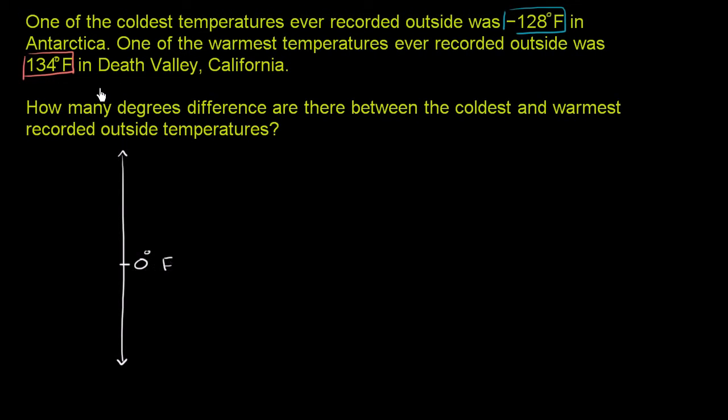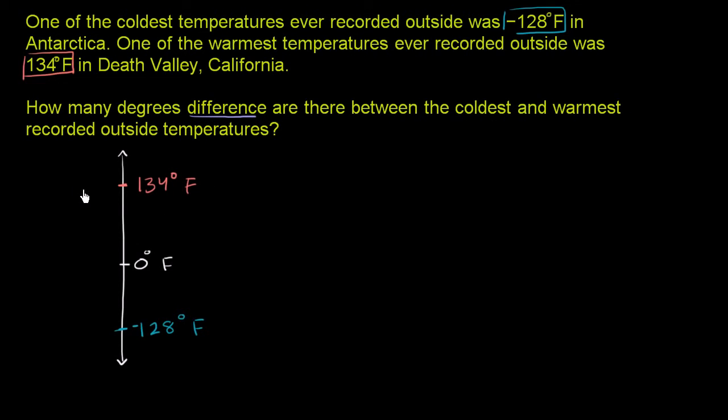And let's plot these 2 points. One of the coldest ever recorded temperatures was -128 degrees Fahrenheit, so let's say that's right over here. And one of the warmest temperatures ever recorded was 134 degrees. This is +134, so it's about that far and a little bit further. So when they're asking us how many degrees difference are there between the coldest and the warmest,